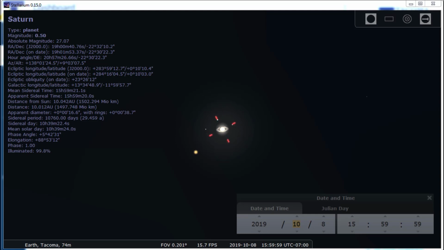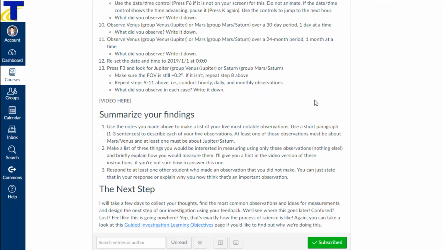When you're done doing your observations, you're going to write some summary of those notes that you made. So let me show you the Canvas instructions again to talk about that part. Okay, so here we are back in Canvas, and there are some instructions here about what to do now. After you've done these observations for your 2 planets, either Venus and Jupiter or Mars and Saturn, go ahead and